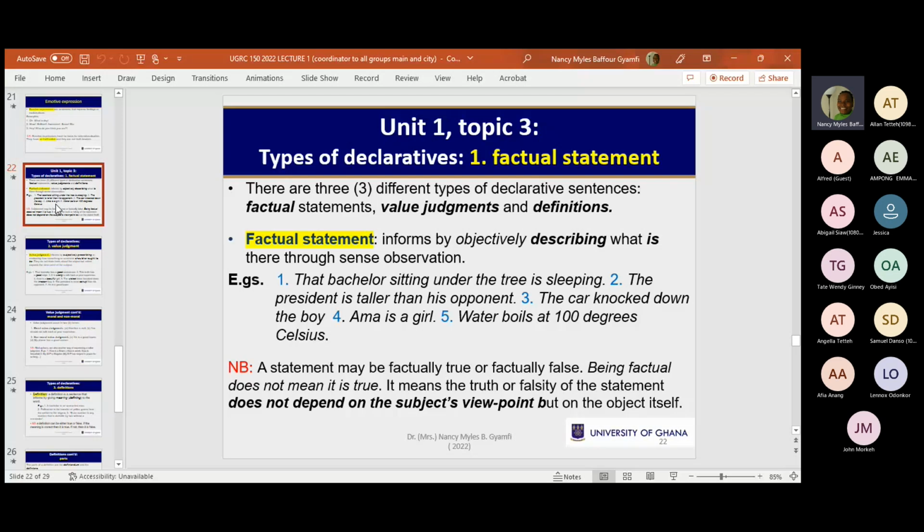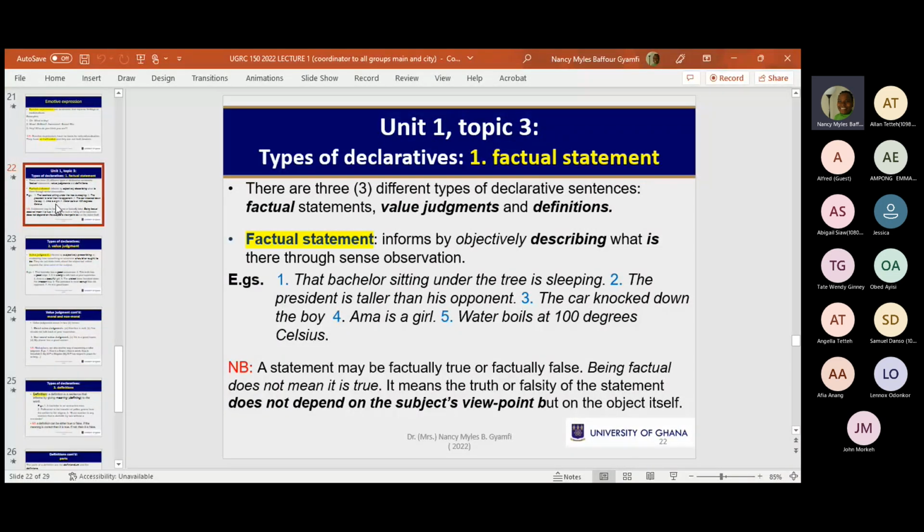By observation, we are able to ascertain and describe what is there through the senses. That's what makes it factual. You can't say because I'm closer to our current president and he's my grandfather, therefore he has become taller than the former president. Neither can you also say